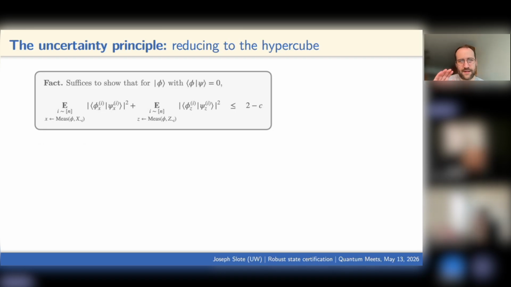So now we're going to start from this expression, where you can reduce to the special case that phi is orthogonal to psi. And now we're going to convert this into the language of Boolean functions. In the natural way, we just write down the coefficient on ket x as f of x. So f will always and forever be the function associated with psi. G will always and forever be the function associated with phi, the lab state. And making this assignment, we can rewrite this uncertainty principle